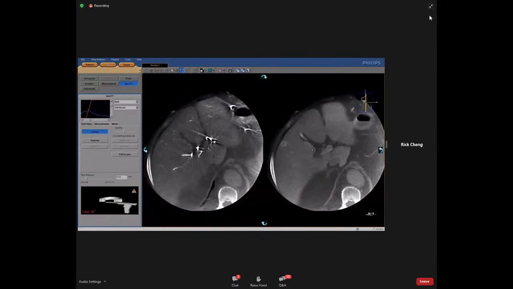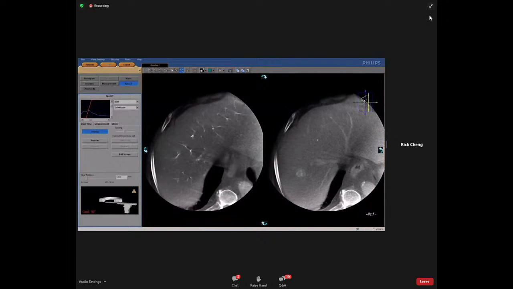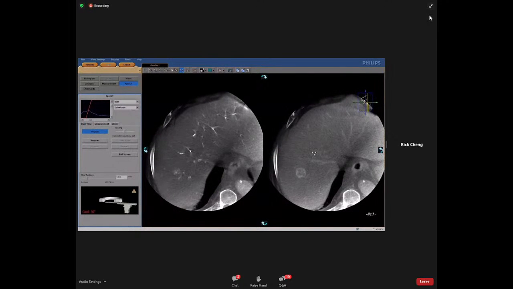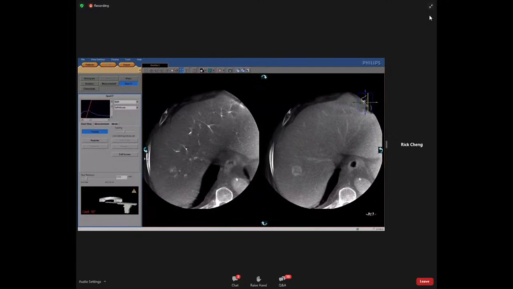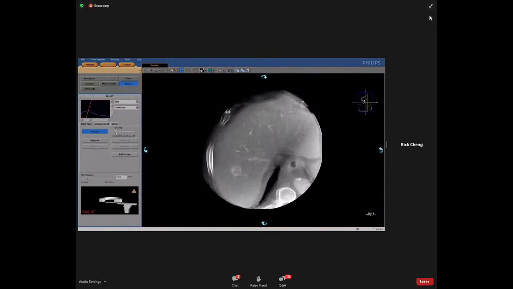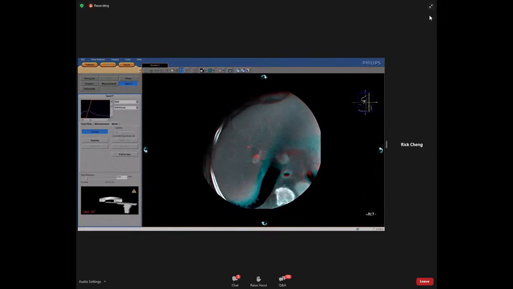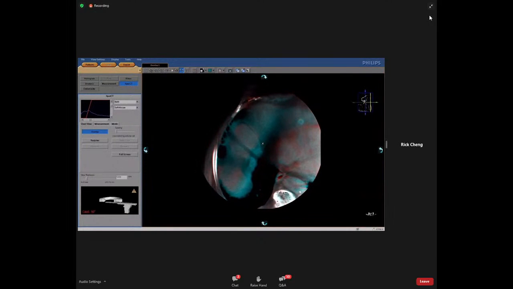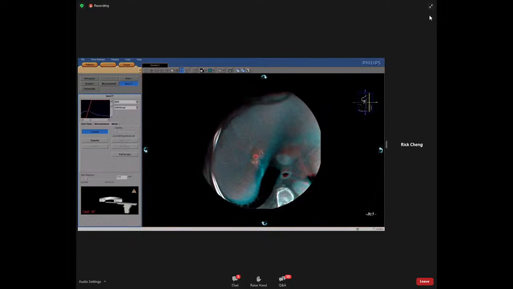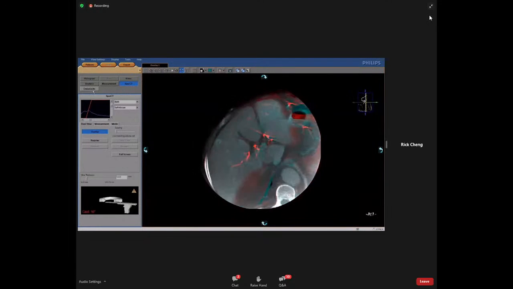Zoom the volumes and scroll through both volumes to check if all structures are clearly visible and to check if all lesions are in the volume. If you're satisfied with the result, you can merge the arterial and late phase with the spacing slider and scroll through the volume to check if both volumes are matching.